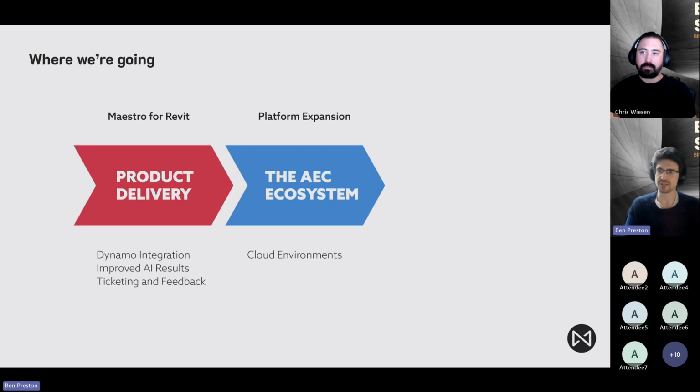Autodesk, Graphisoft, Bentley, they've all made it abundantly clear that they believe that cloud infrastructure is the future and it's where AEC technology is going. And we want to be right there with them. So we are going to be looking at expanding to other platforms and making it so that we're not just a Revit only add-in. And finally,